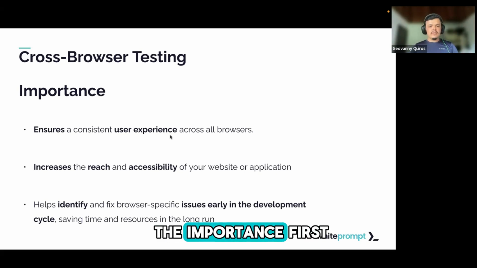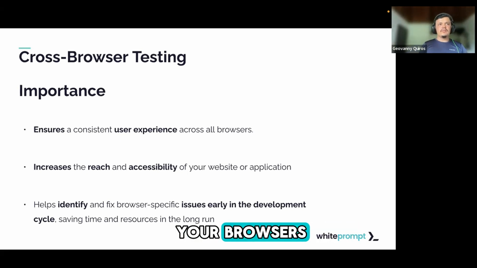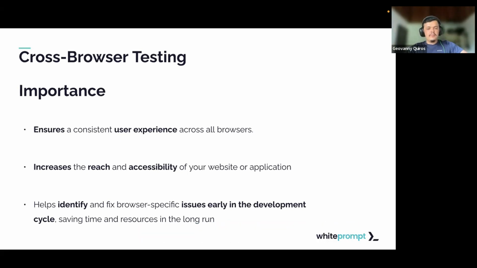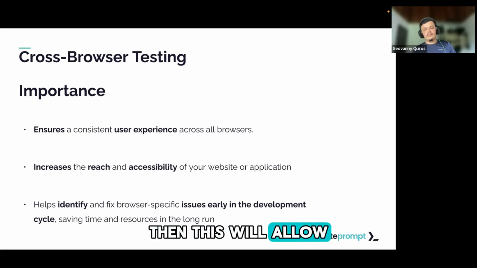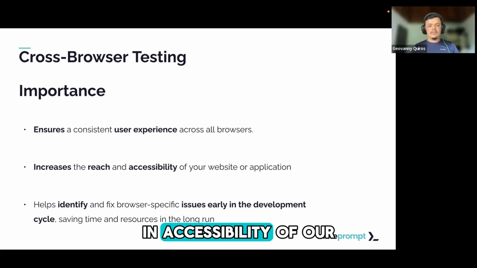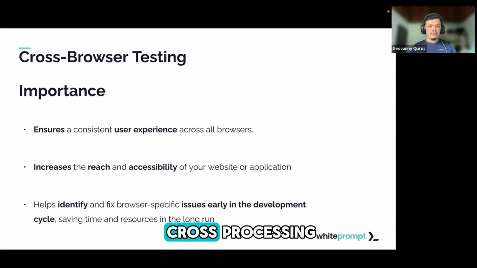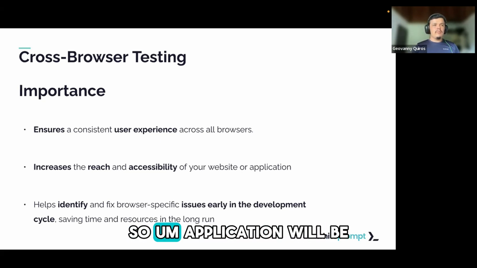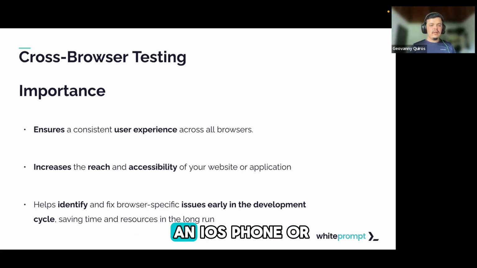So now let's see the importance. The first, it ensures a consistent user experience across all browsers, which is exactly what we needed. Make sure we fixed the issues across the browsers that users were having, the errors or issues. Then this will allow us to increase the reach and accessibility of our website application because of the good cross-browser testing. So the application will render the same no matter if your device is an iOS phone or a Mac